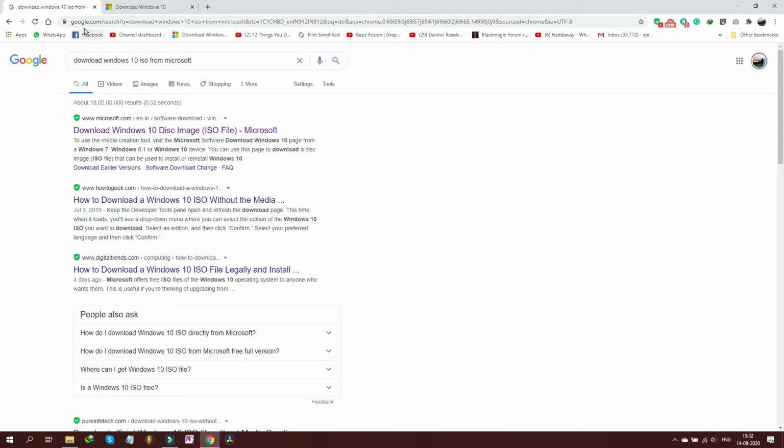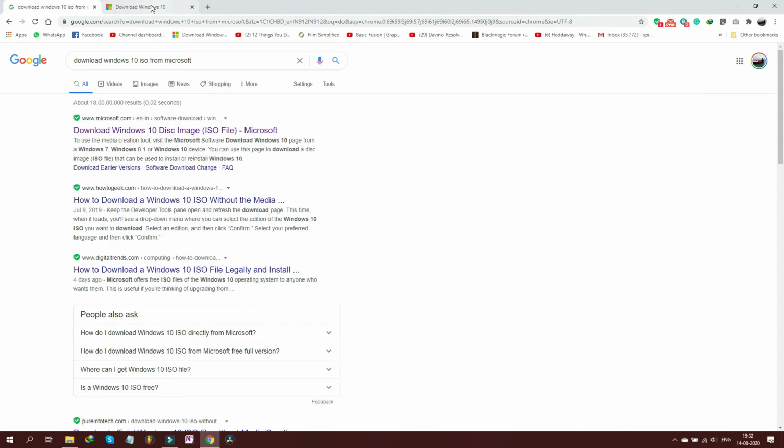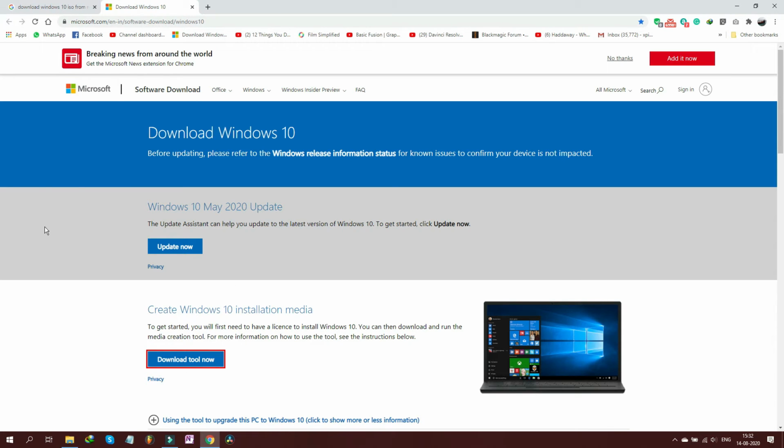So we have come to google.com, and it has searched, and this is the link we are looking for, and right click and open in a new window. The speed today is a little slow. Anyway, I will open the previous window which I had already opened. So this is the window that will take us to download Windows 10. Out here you can see various options.